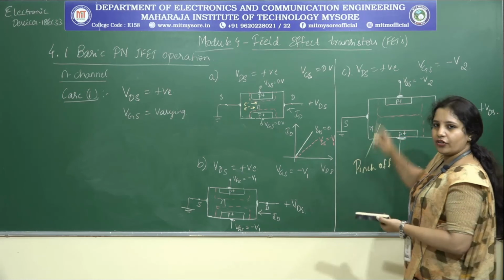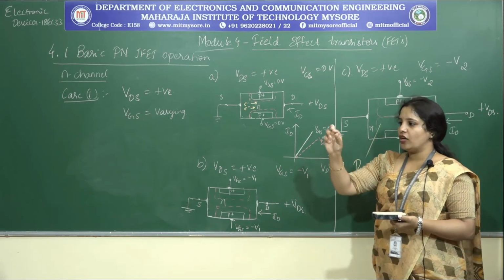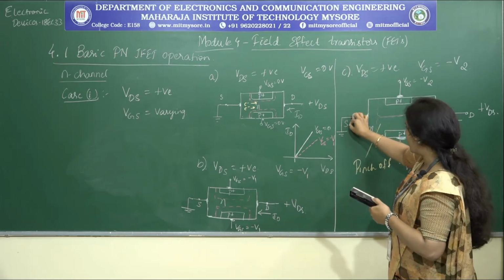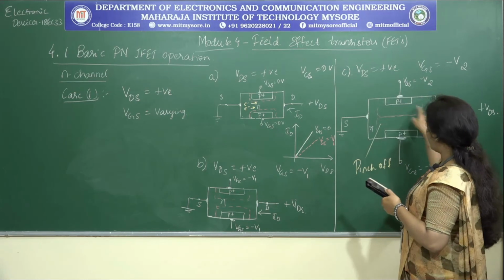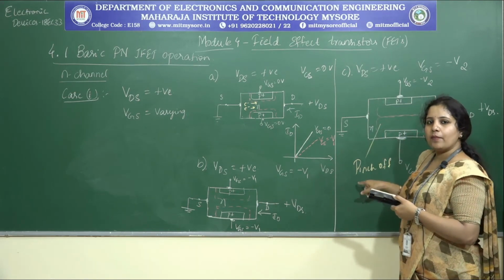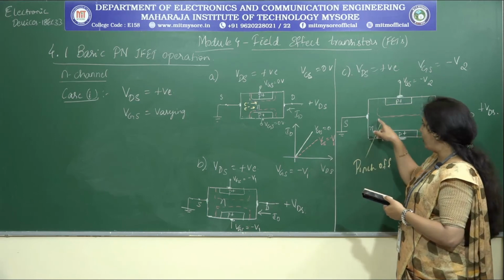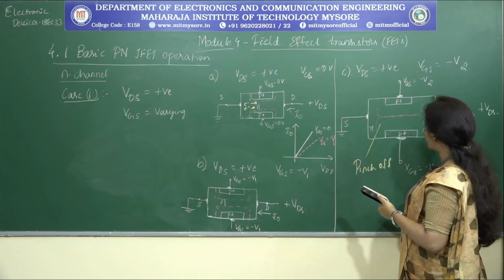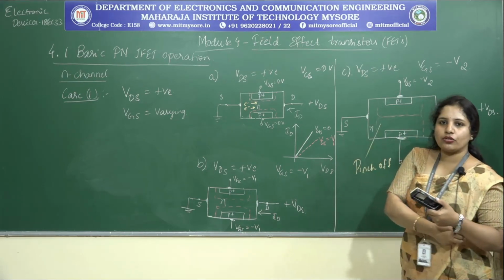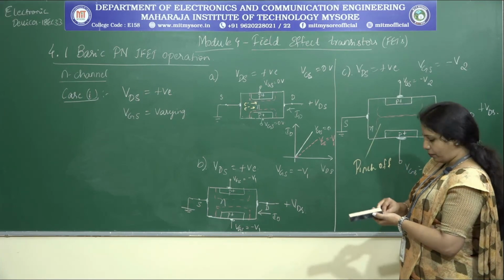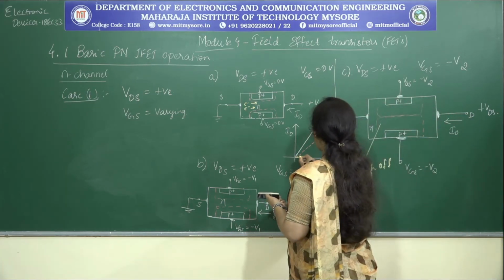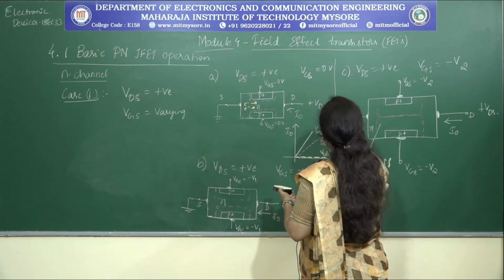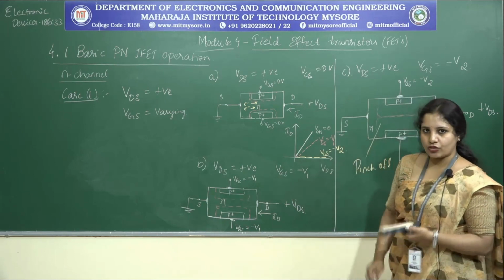What is this region referred to as? A pinch off region. What is pinch? It is like this, right? These two depletion regions are getting pinched off, because of which they isolate the source and the drain terminals, and this scenario is referred to as the pinch off region. Now when pinch off occurs, what happens to the current flowing between the source and the drain terminals? Since they become isolated, the current becomes 0. If I want to represent that in the same graph, this is the case for VGS equal to minus V2.